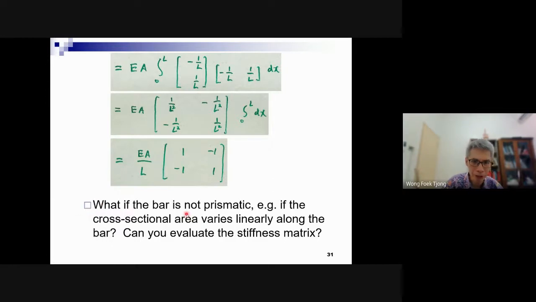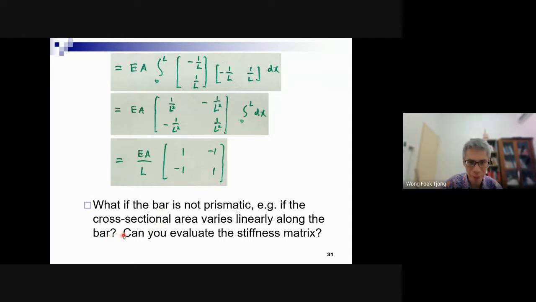What if the bar is not prismatic? Bar element, I mean. So this is, I should emphasize, not the whole bar, because we can model a bar either using a non-prismatic element or a bar. But I want to invent a new element that's exactly not prismatic like that. I should call this a bar element, where the cross-sectional area varies linearly along the bar element.